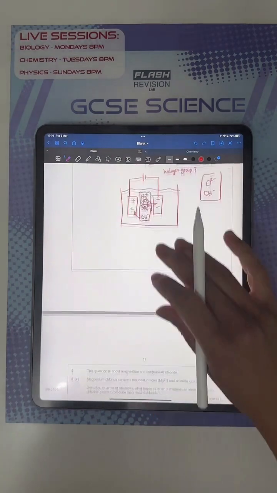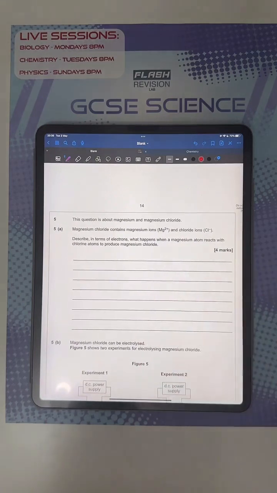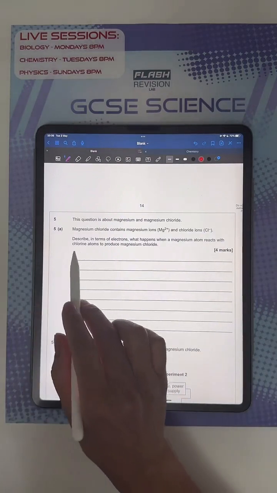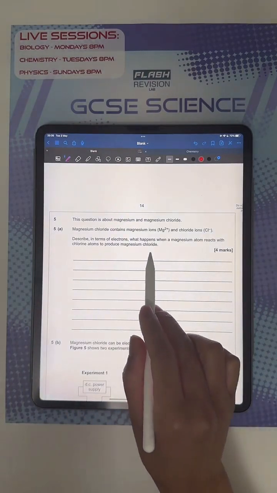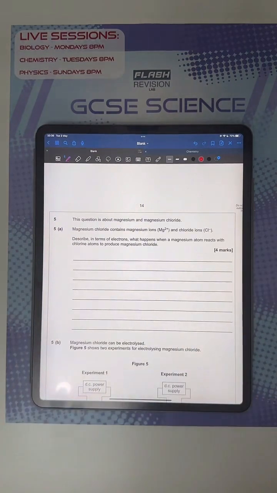Okay, let's move on. Right, this one I'm not going to spend too much time on because I have a full video on ionic, covalent and metallic bonding on YouTube. So this is just saying, describe in terms of electrons what happens when a magnesium atom reacts with chlorine to produce magnesium chloride. For 4 marks,